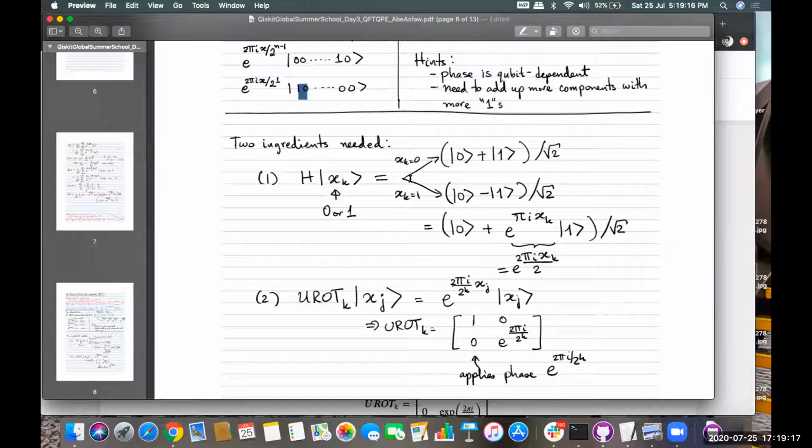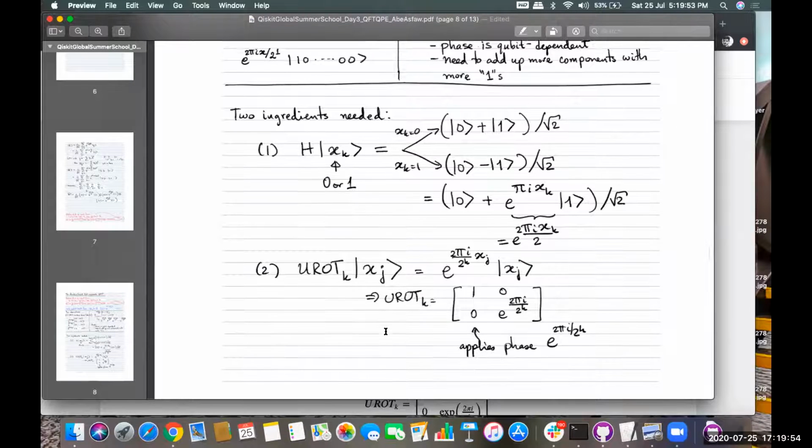If the value of xk is equal to 0, then that will be given by the phase state ket of 0 plus ket of 1 divided by root 2. And if xk is equal to 1, then in that case, the phase state will be given by ket of 0 minus ket of 1 divided by root 2 here. Okay, I know there is lots of mathematics which can confuse you, but this is how the Fourier transformation works. So if we further generalize it, that will be given by ket of 0 plus e to the power pi i xk, ket of 1 divided by root 2.